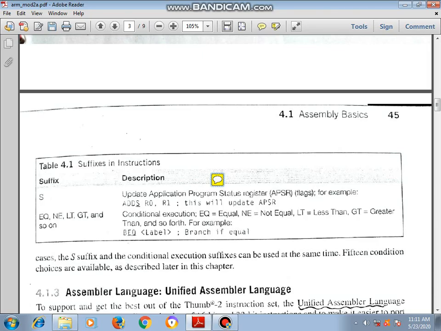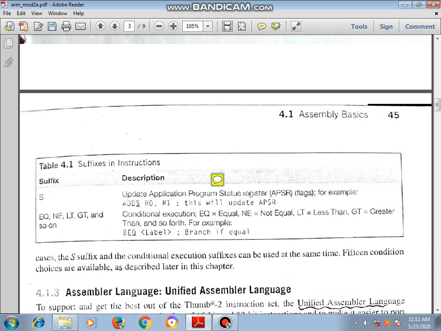ADDS R0, R1 means if you add the suffix s, it will update the program status register. You already know what that program status register is. Whenever any mathematical operation is performed, based on the result of that operation, the bits of the program status register will be updated.